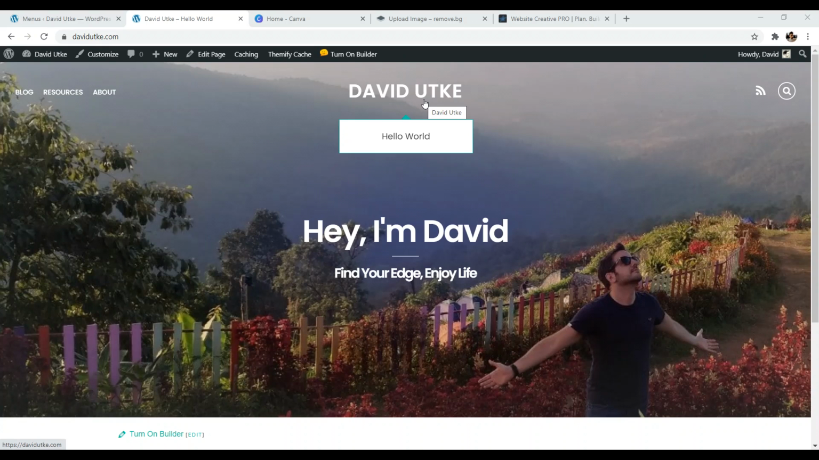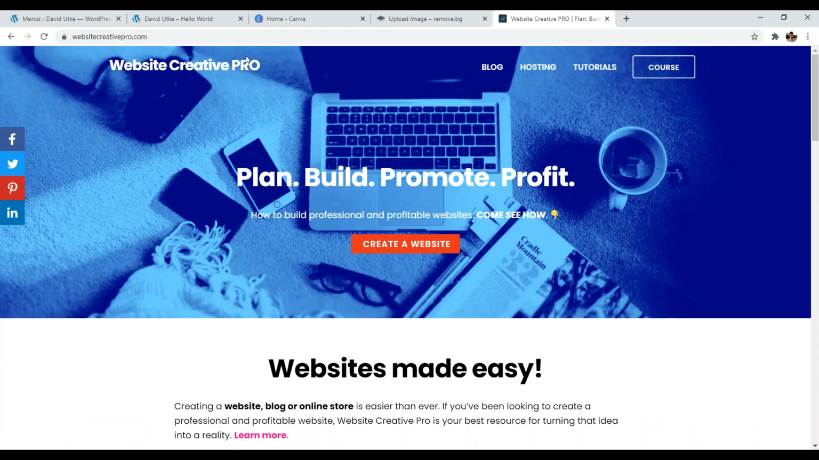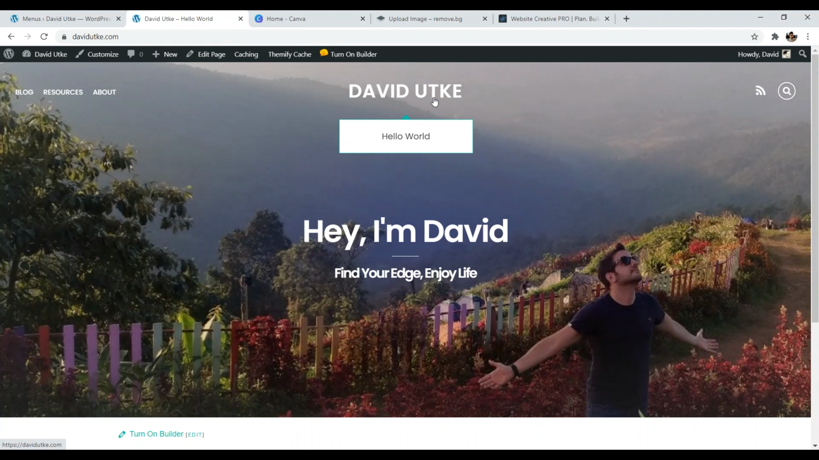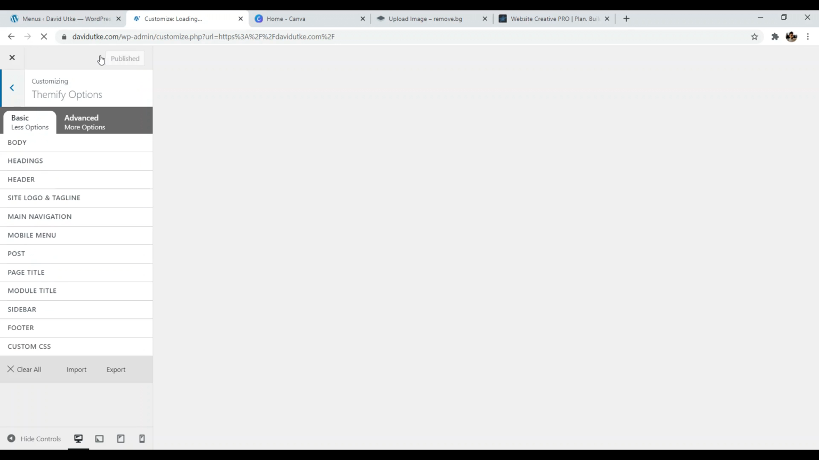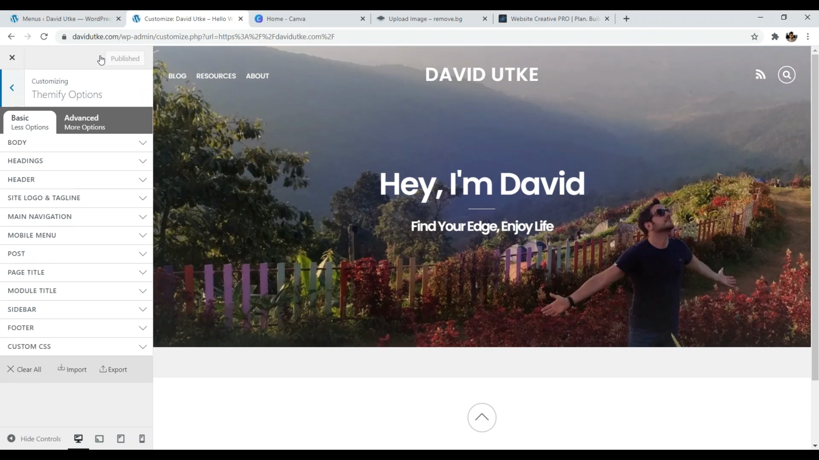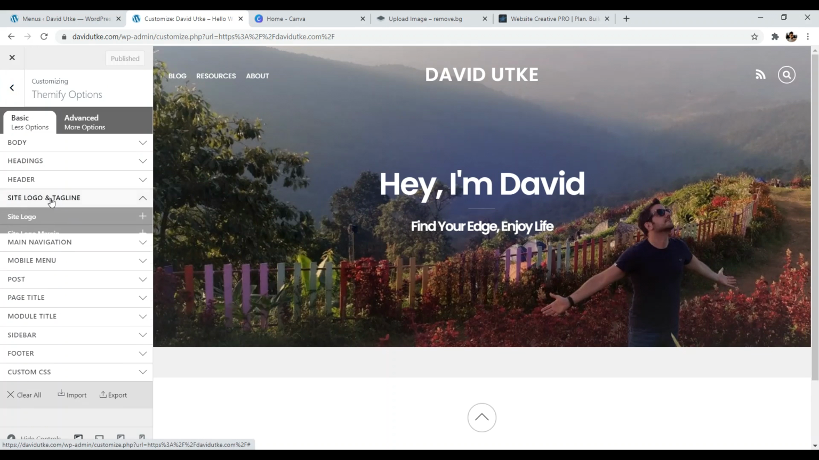So personally, I really like the way the logo looks natively with the Themify simple theme, but you can upload your own logo. Personally, I definitely recommend sticking to text, okay? The Themify simple theme looks best with a nice simple text logo. So to upload your own logo, all you have to do is go to customize. Okay, so once you're in customize, under the basic tab, just go to site logo and tagline, and then we